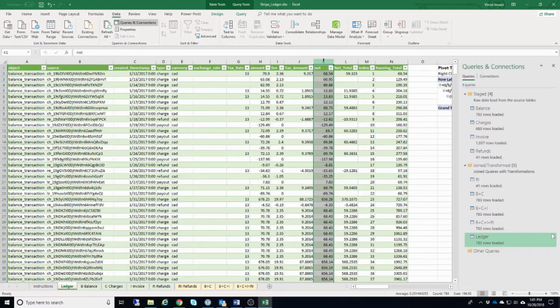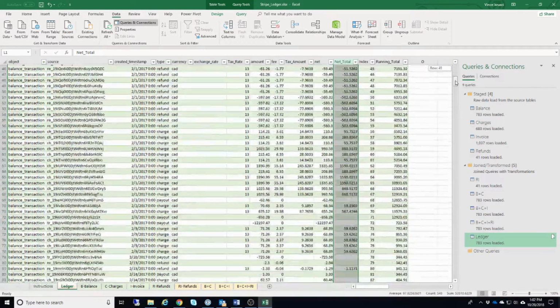I have the net. The net is basically the amount minus the fee, but then I wanted to actually have a net total. So I took the amount minus the fee minus the tax amount, and that gave me a total for the net. And I also created a running total based on an index table column. You can check the transformations I've done for these, each and every one of these queries. All the information is there, but I wanted to add this so that I can actually see a running balance of what my